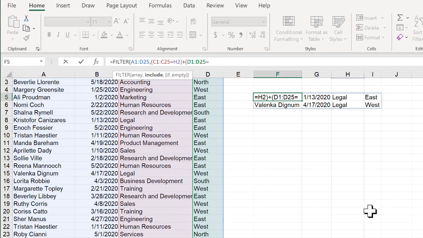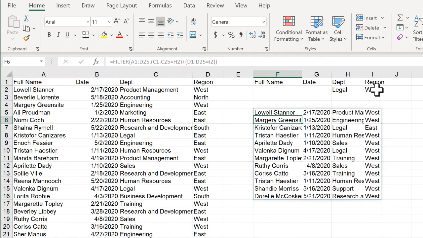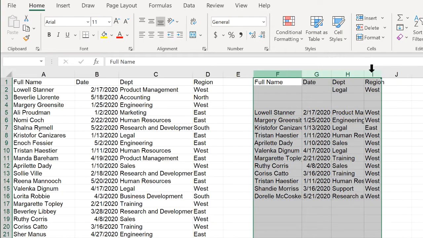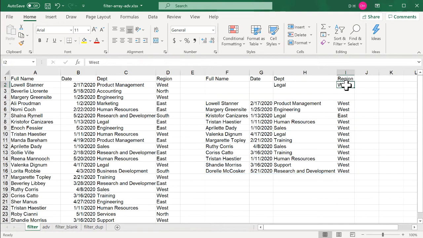Is that equal to west? Right? Close parentheses, press return. Let's select this, double click to auto fit. So it's looking for any of the records that have west in it and any of the records that have